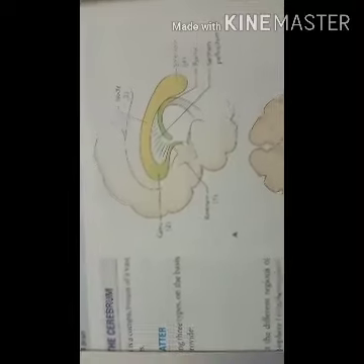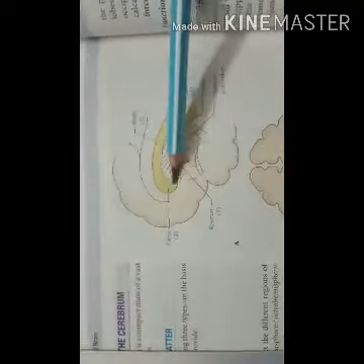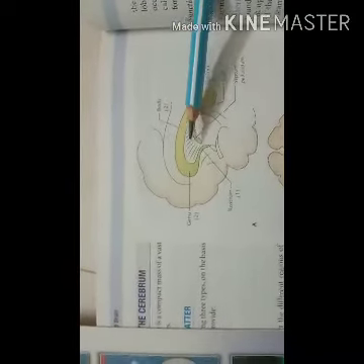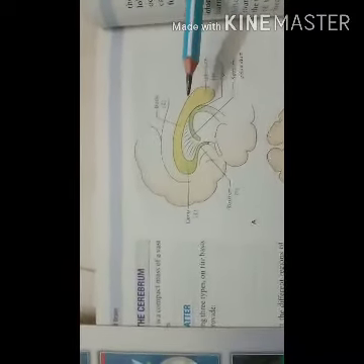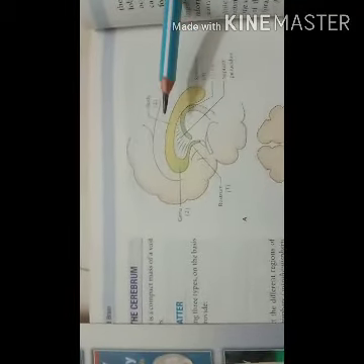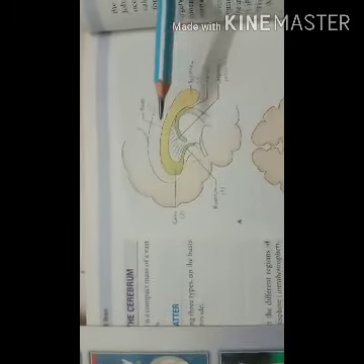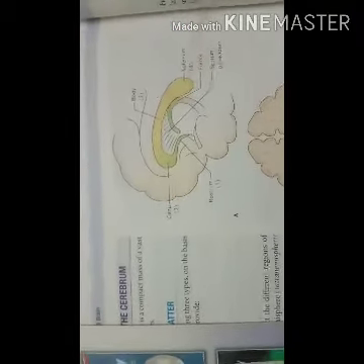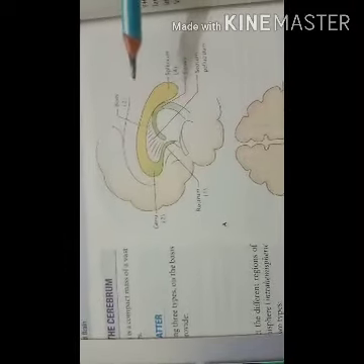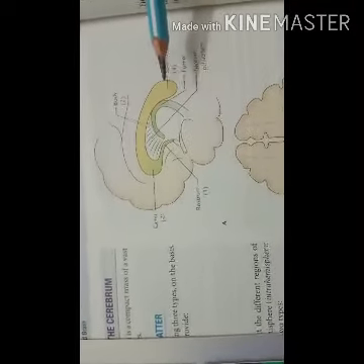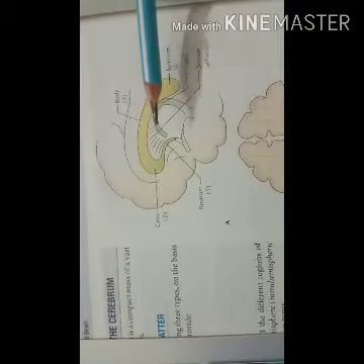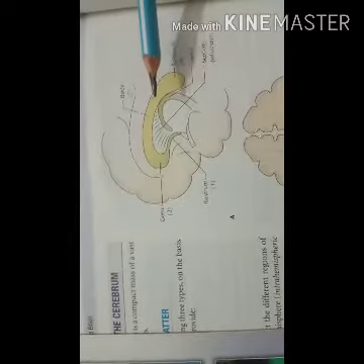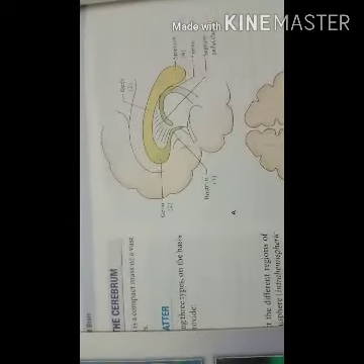Next to the fourth ventricle, let's see the corpus callosum. The corpus callosum is the largest commissure, or fiber tract, of the brain. It connects the two cerebral hemispheres. Its length is about 10 centimeters. The corpus callosum connects all parts of the cerebral cortex of the two sides except the lower and anterior part of the temporal lobe, which are connected by the anterior commissure.